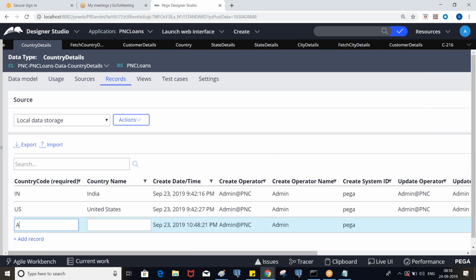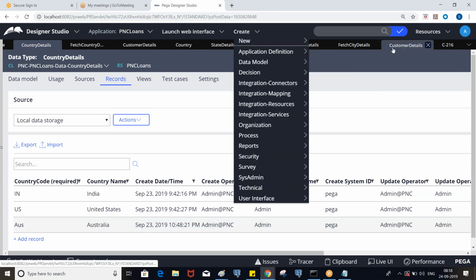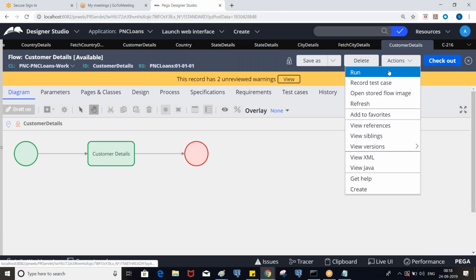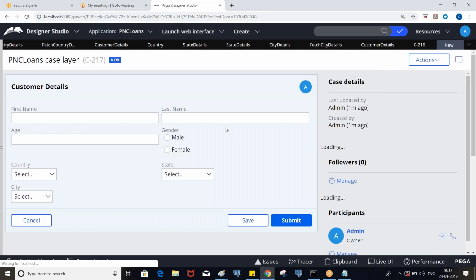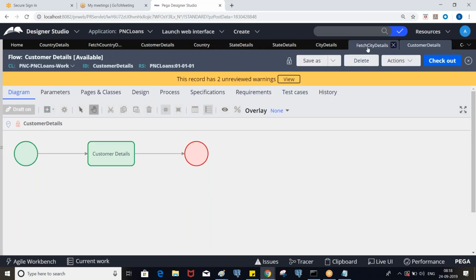I'm going to add one more country. That's it. Now you will see one more. Similarly, you need to enter that country's related states and cities also.